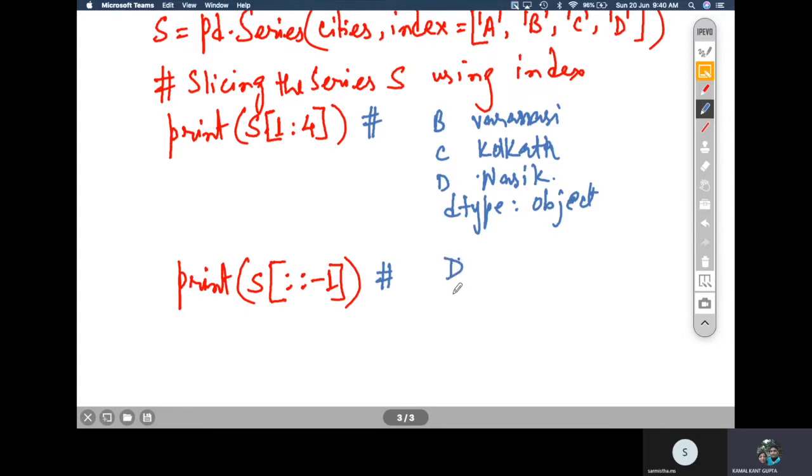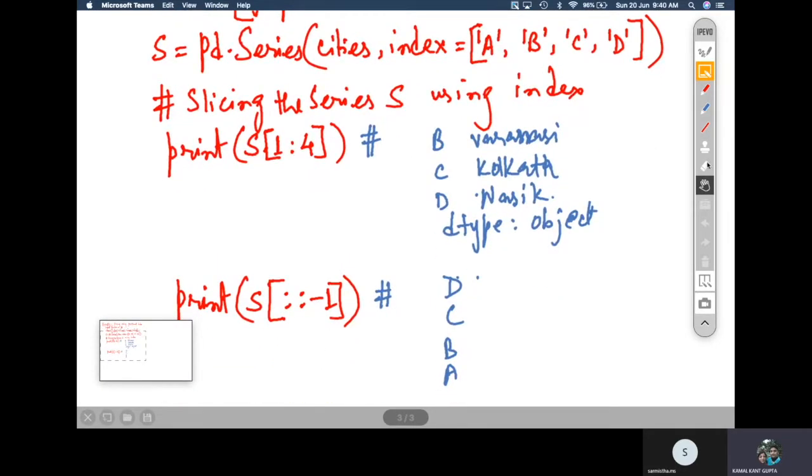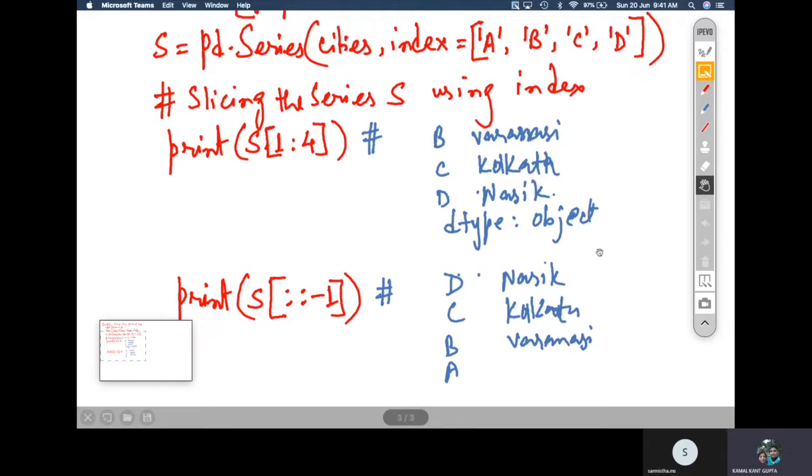D, and then C, and then B, and then A. So that gives us Nasik, Kolkata, Varanasi, and the first one was Jaipur.